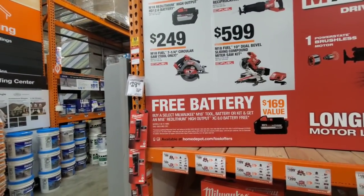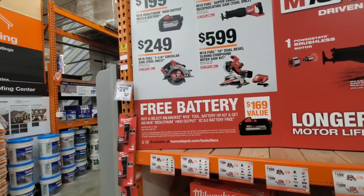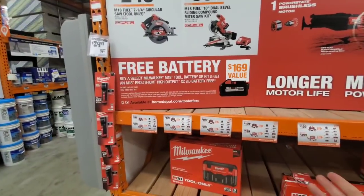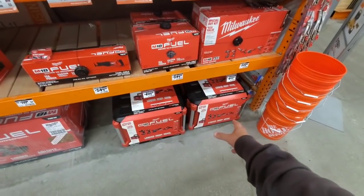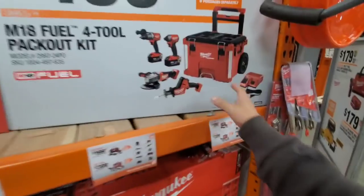All right. Remember, this was $399 with a 12. You're paying $158. All right. So for $250 that you're saving, I mean, I just did a deal on International Tool, 2 8s for $169. All right. And you still got $100 left over to go buy whatever else you want. So that is the best deal right